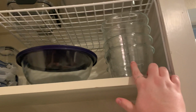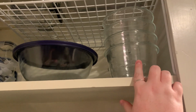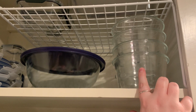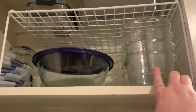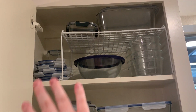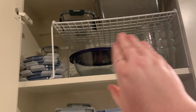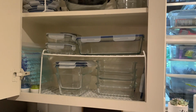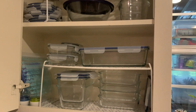These we use for food prepping. That's why I have a bajillion of them, but this is enough for lunches for both Chris and I throughout the week. And I have the top separate just because we funnel through those so quickly and so all the time. And my other big issue that I was having, with not just the lids, is also that we have